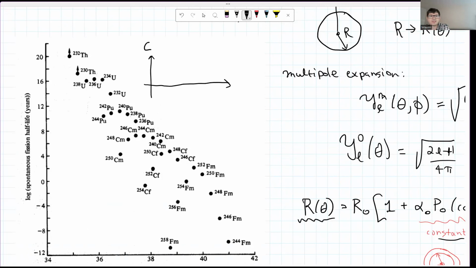So if this is the energy, and maybe this is a function of the deformation parameter epsilon, so maybe here is 0, and here it's like 2, where it's completely separated. Over here the nucleus is just a sphere. It just could be that the energy,